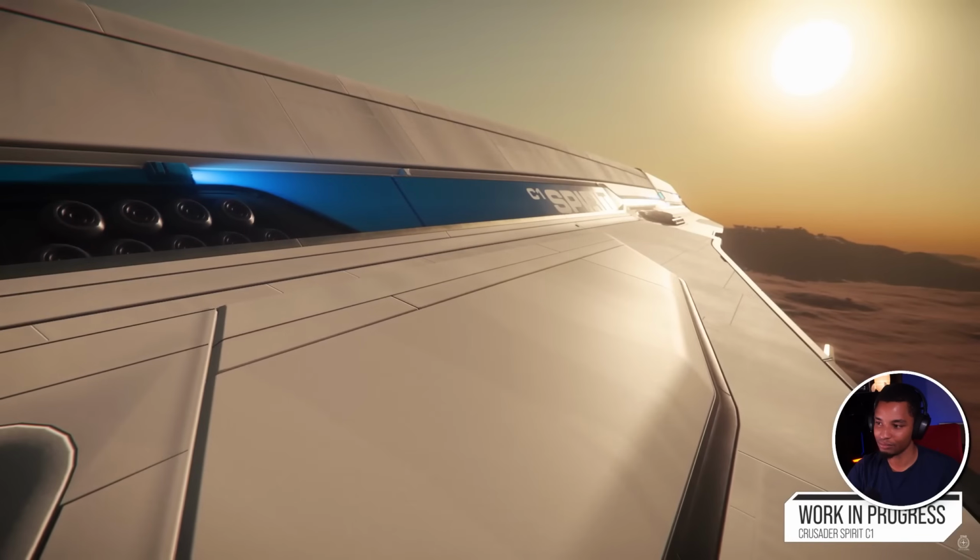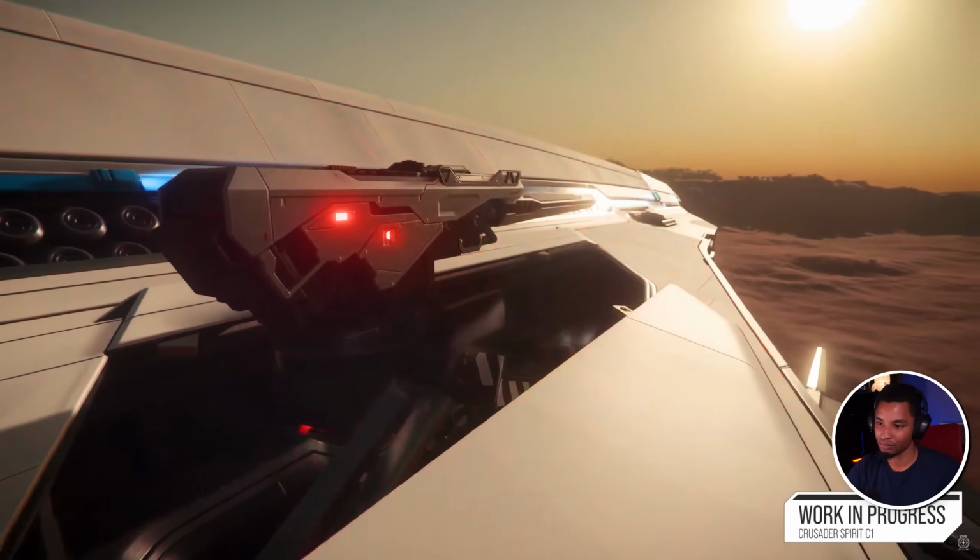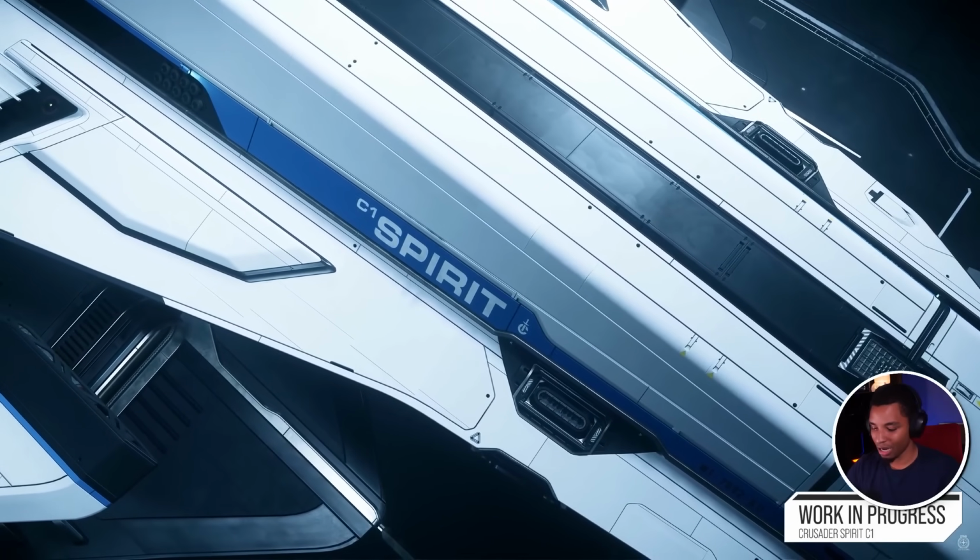Being a Crusader ship, the Spirit C1 is an elegant cargo hauler. It looks fast, it is fast. It's well armoured, well armed for fast transport of that valuable cargo. So on the exterior, the main difference...